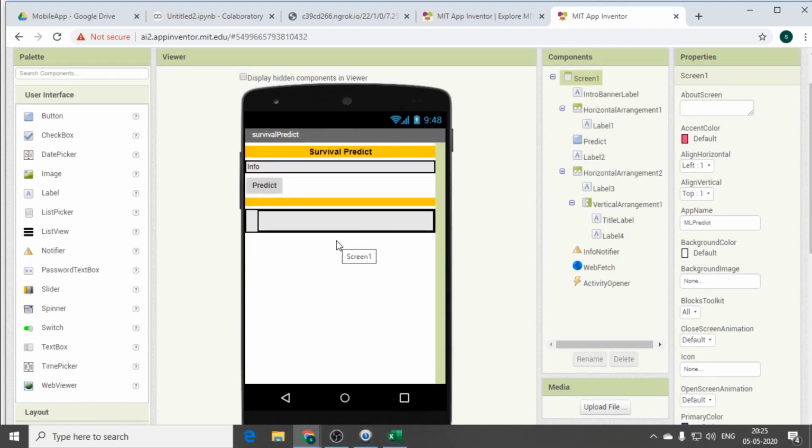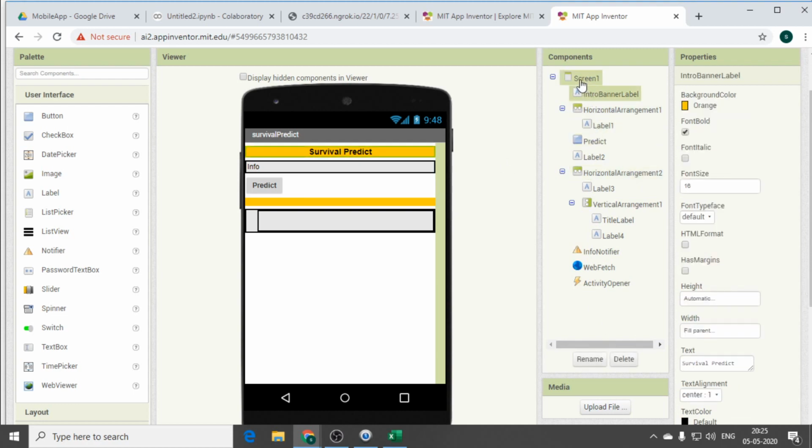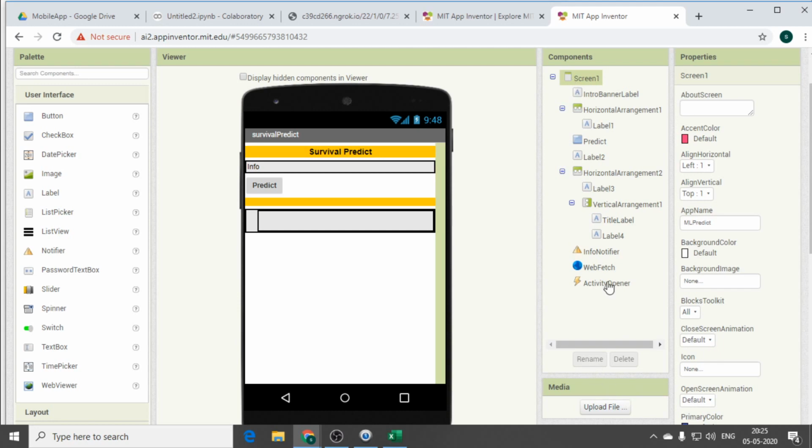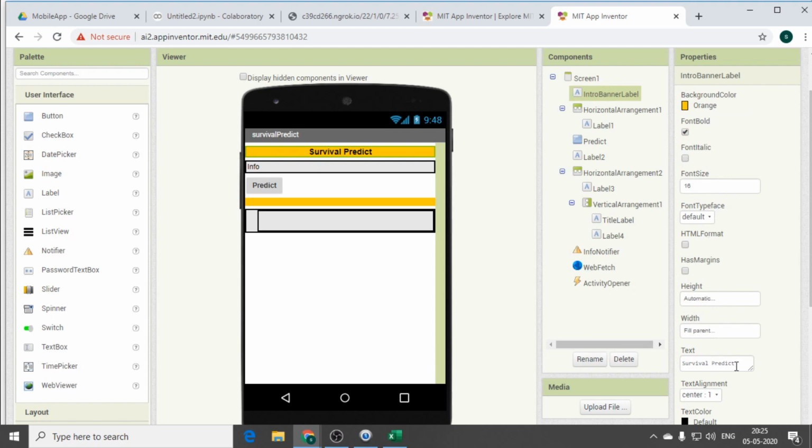So this is your mobile application where you can rename everything. You can go to the first screen, and you can see the options on your right side for the components. You can rename the first one. You can go for Titanic Prediction. You can see the same changes in your mobile phone. Once you enter the text, you can click on OK. See, the name has changed, Titanic Prediction.